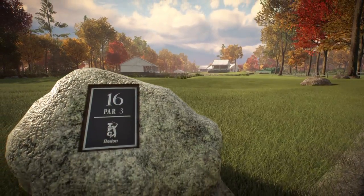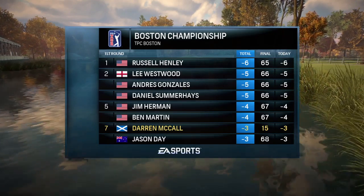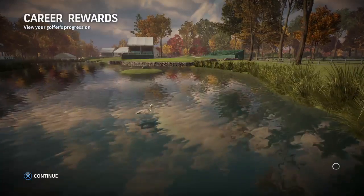So, one round in the books and a lot to chew on here. There is. This is going to be a tough championship to pull away. The standard of golf, especially that first page of the leaderboard,